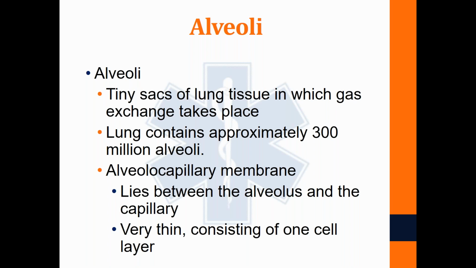The alveolar capillary membrane lies between those alveoli and the capillary. That is that one cell wall thickness that you guys will hear me drone on and on and on about how important it is for those two things to be so close together. Because the minute something happens that makes that small distance any further or any more difficult for that oxygen to have to diffuse across,